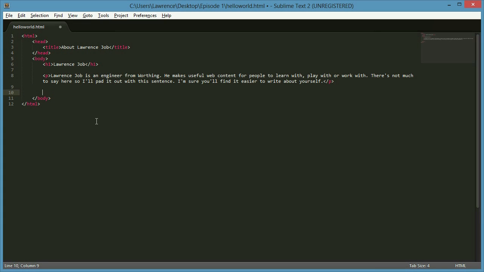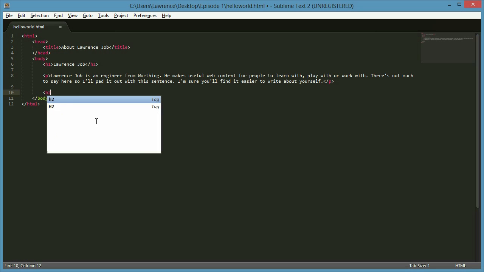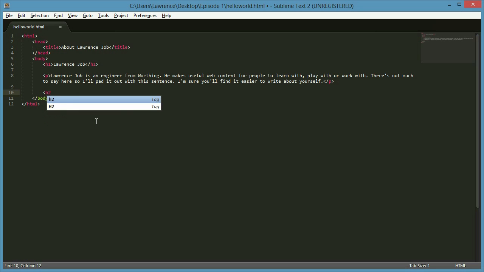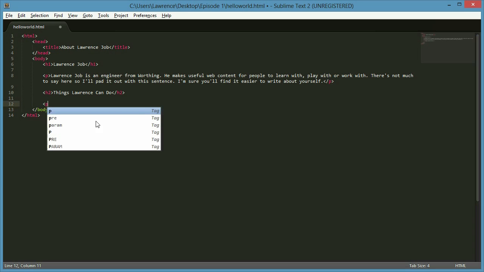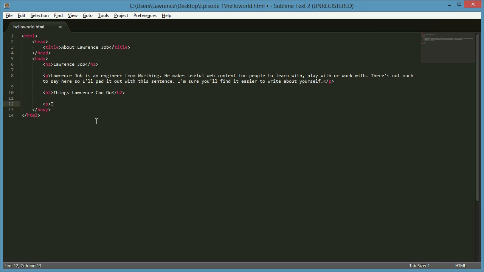To designate this section as things I can do, let's make a new header. This time we'll use H2 because it's less important than H1. Things Lawrence can do. And close the tag. I can